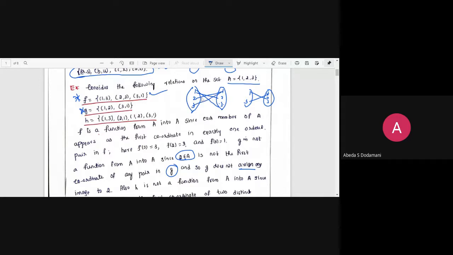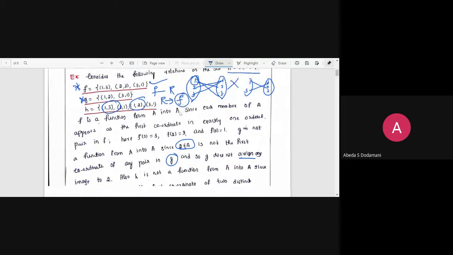Here you can observe that we say each element has to go to a unique image, but 1 is going to how many images? 1 is going to 3, and 1 is also going to 2. So this is not possible in a function. A function means every individual element must have a unique image. Here, of course, every element has an image, but 1 does not have a unique image. It has 2 different images. Hence, it is not a function. Are you following, guys? This is the way you should find out whether the given relation is a function or not. Not every relation is a function, but every function is a relation. So please remember, every function is a relation, but every relation is not a function.